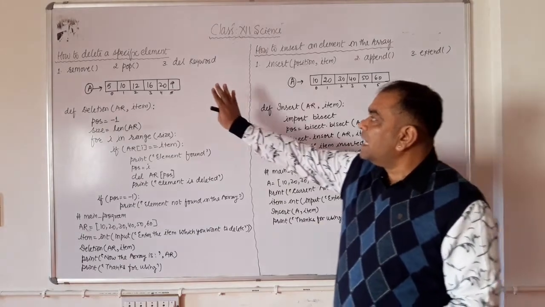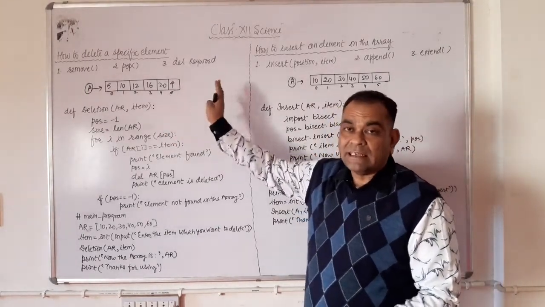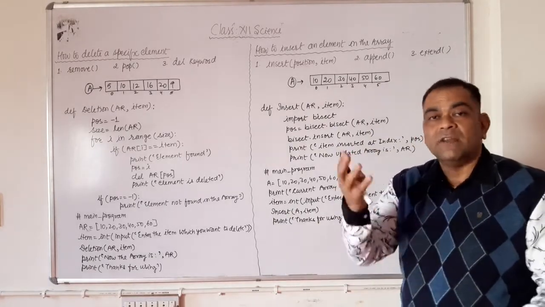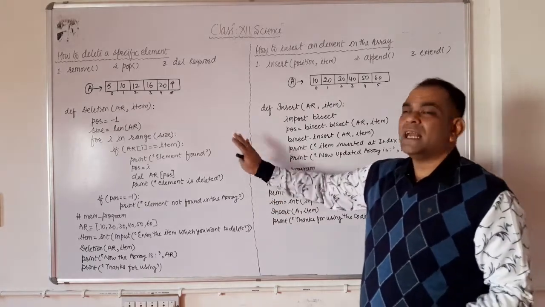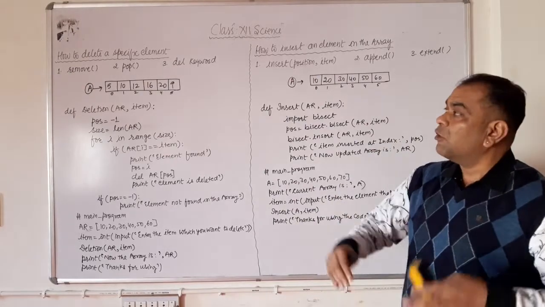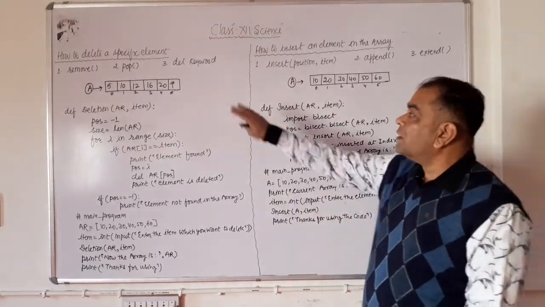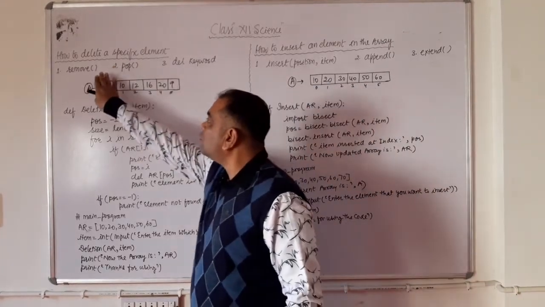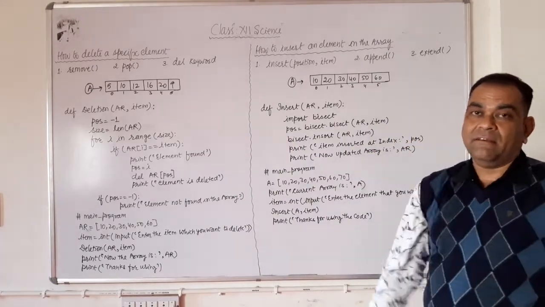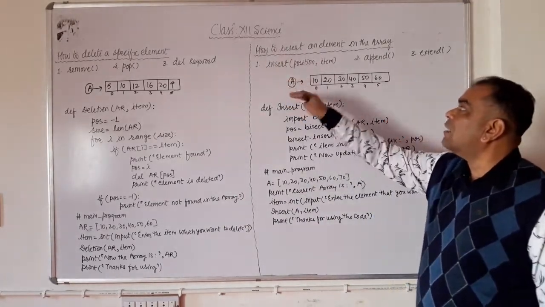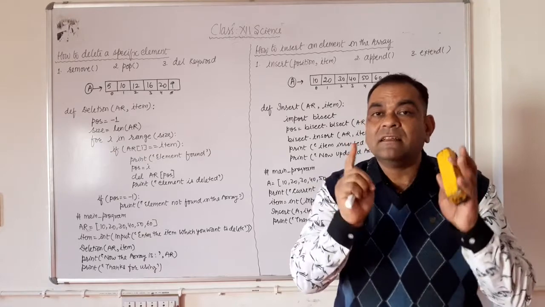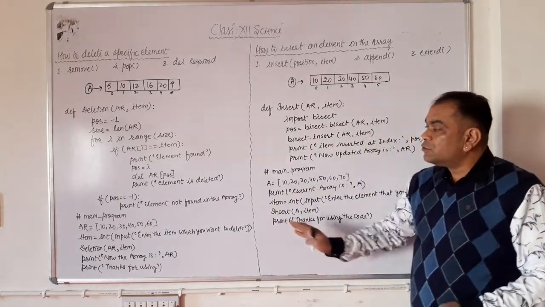Now here we are going to discuss two different topics that are there in this linear list, or we can say array, right? These topics we can include in 1D array also, or we can include these topics in 2D array also. Now what is the topic here? The first topic that we will discuss today is how to delete a specific element from the given array, right? And the second topic is how to insert an element in a proper position inside the array. These two topics are there in today's video lecture.